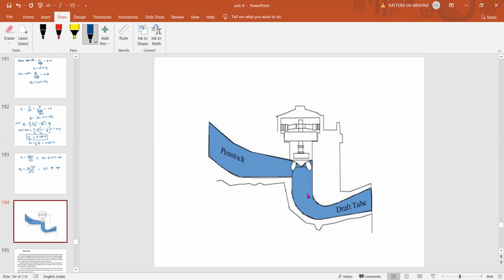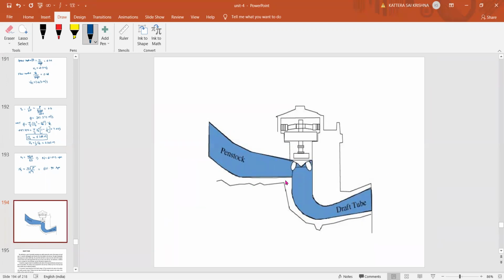So what we are going to do is keep a tube there that is called the draft tube. Already I have shown the diagram there. This is another type of diagram you can see. The water comes from the penstock, then rotates the turbine, then the water should come out to the tail race by means of this draft tube, right? So the next topic is draft tube theory. We are going to learn something about the draft tube. That's why I'm showing this first.